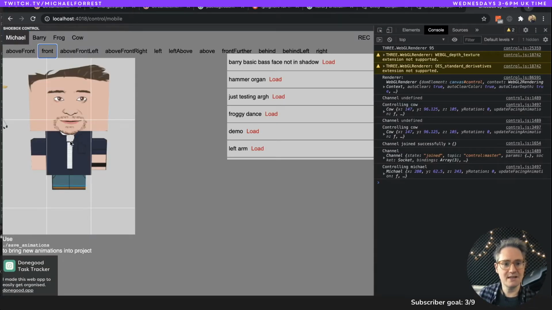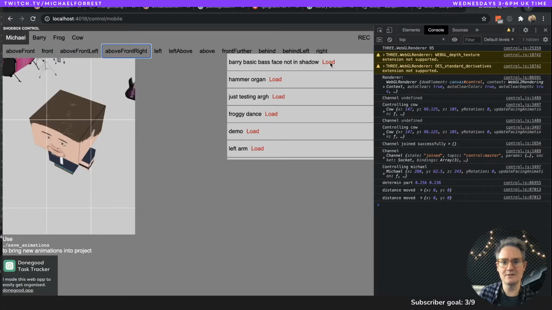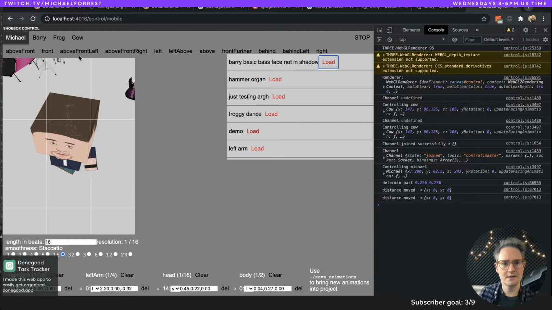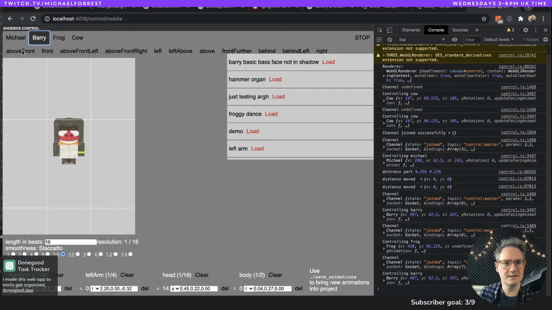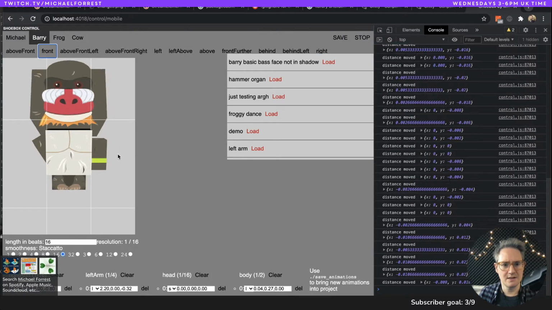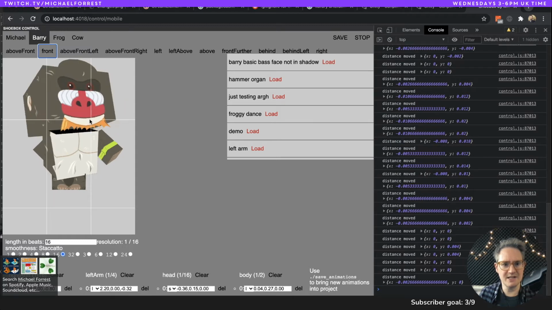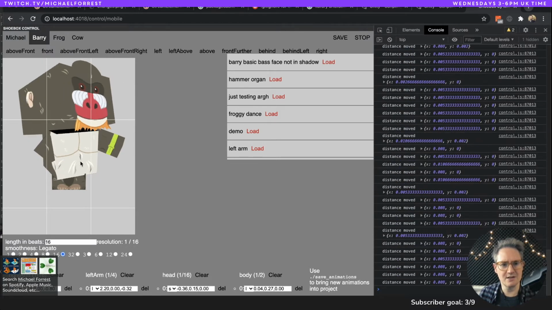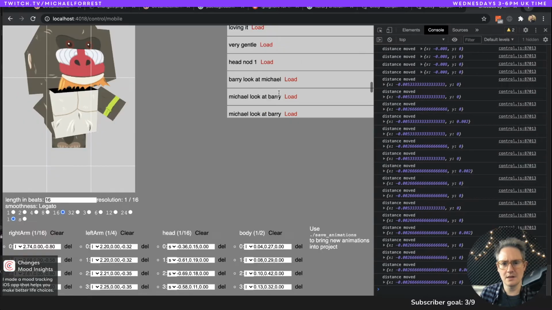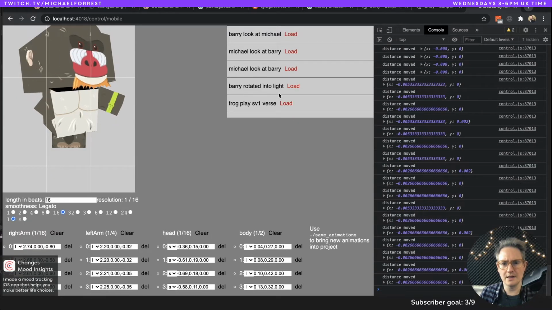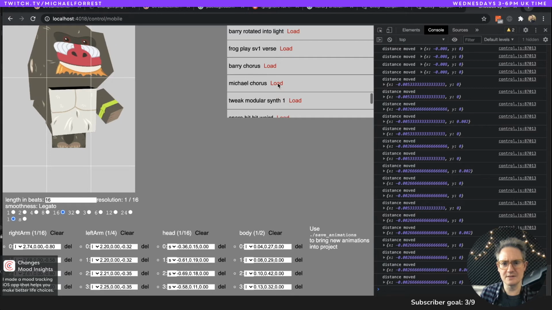What happened there? You tell me. Look, we can load. All right, so here's the front. Right, so this is the animation tool. Smoothness. So we can make it slow. Yeah, I think this is going to be Michael Chorus. So if we load this in,